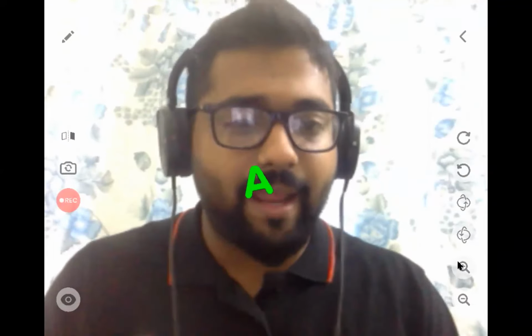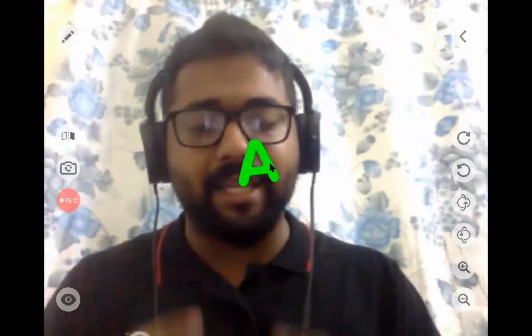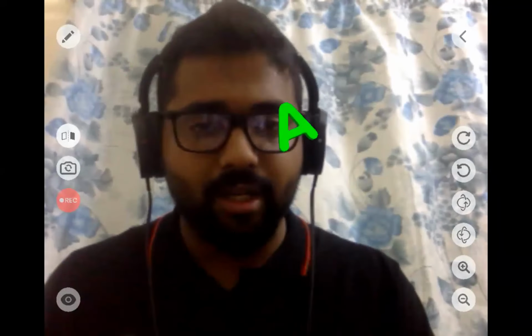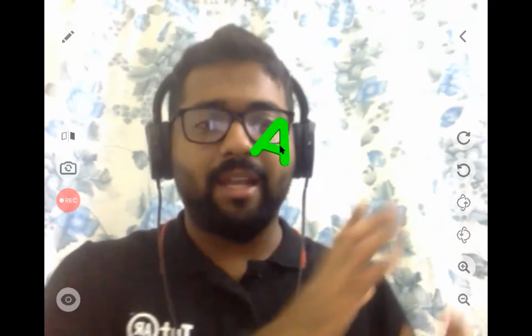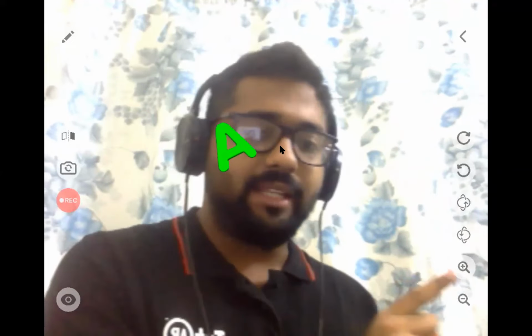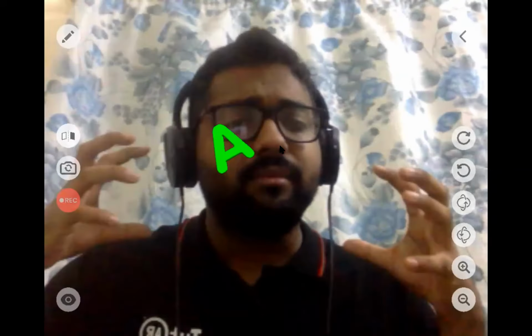Yeah, great. So here we are having letter A, and we are having some tools to move around the object. If you are using a PC, you have to click on this, and you can move like this anywhere you want. Okay, and you have few tools right here. These two buttons are used to increase and decrease the size. If you're using a smartphone, just click on that model and you can move it anywhere. Just touch on that object, you can move it anywhere on the screen. To increase the size on a mobile phone, you can either click on these two buttons, or you can use the zoom in, zoom out option like this.